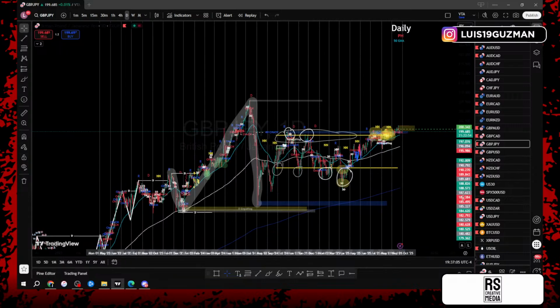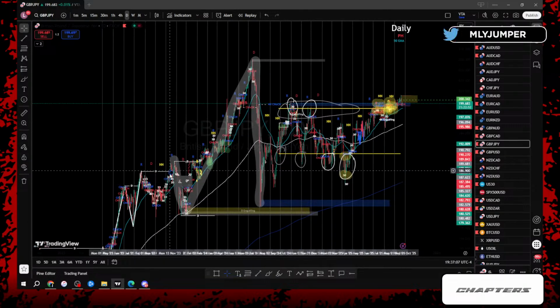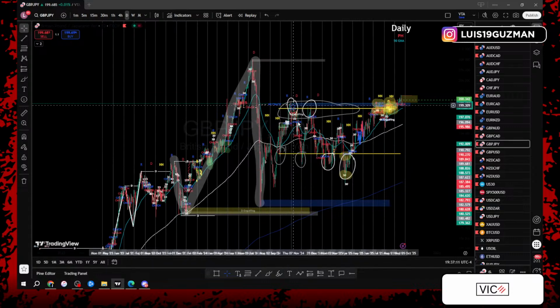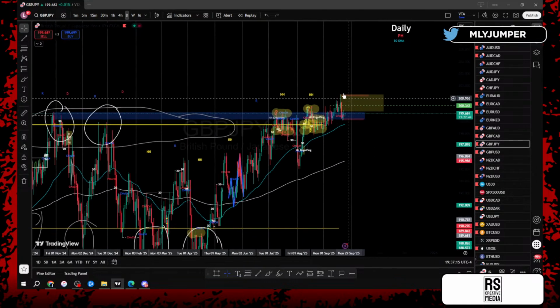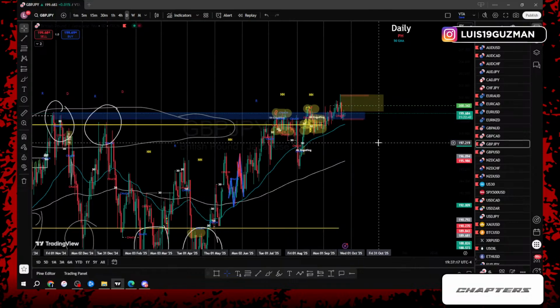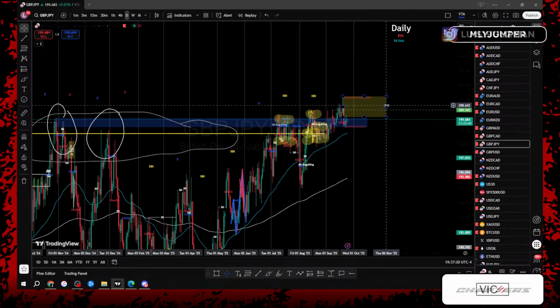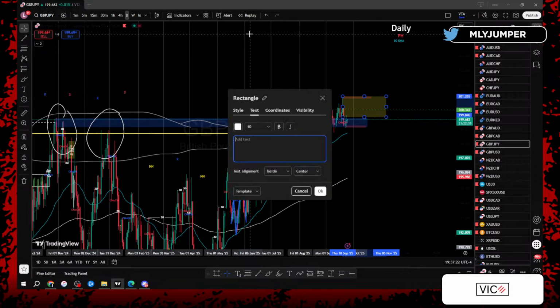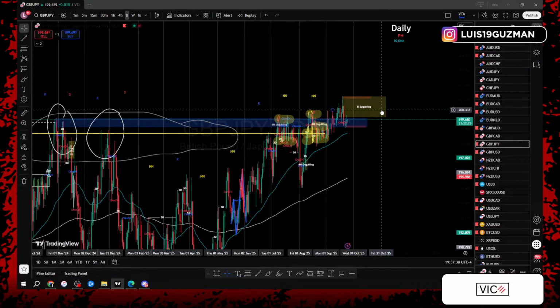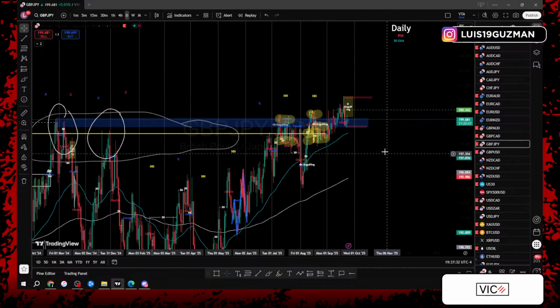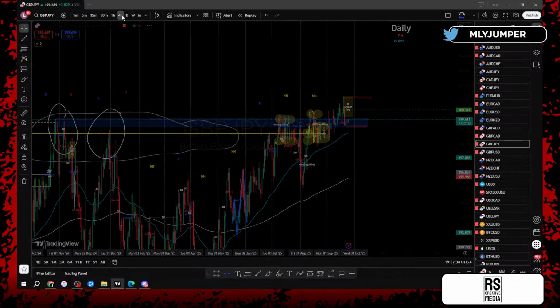GJ, we are still in an uptrend. On the daily time frame, we have higher high, higher low, higher high, higher low. On the push back to the higher high, price gave us a zone of consolidation. Daily time frame, price gave us an engulfing candle. Let me mark this up. Daily engulfing. Right, gave us this daily engulfing candle.